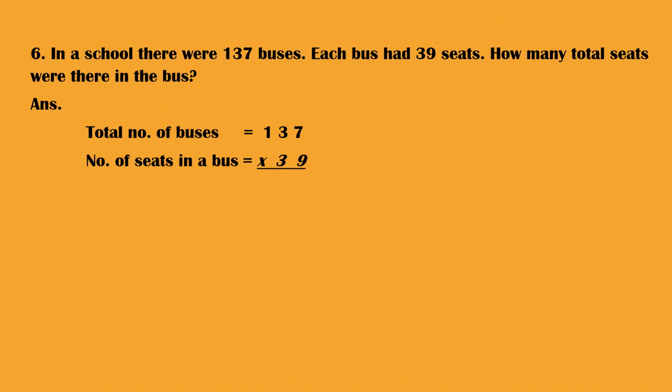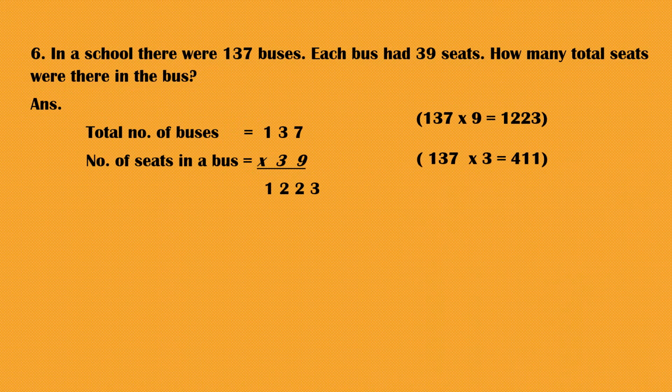You will do multiplication. Now first you will multiply 137 with 9, children. So you will get 1223. First you have to start from the ones place, multiplying. Then write down 1223. Then you will multiply the tens place, that is 137 with 3. So you will get 411. But that you will write from the tens place only. Write 0 or cross on the ones place. And then what you will do? You will add 1223 with 411.